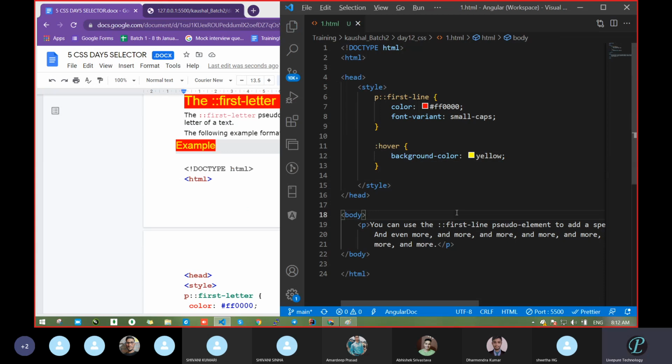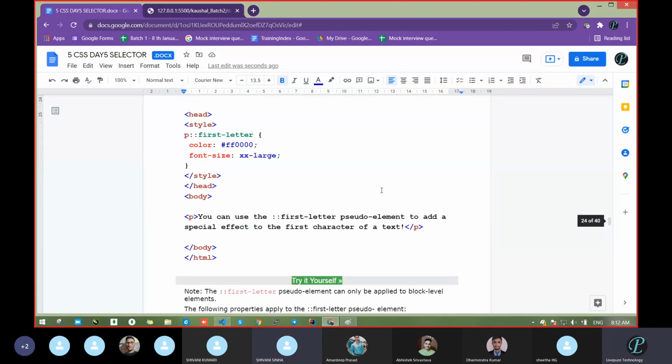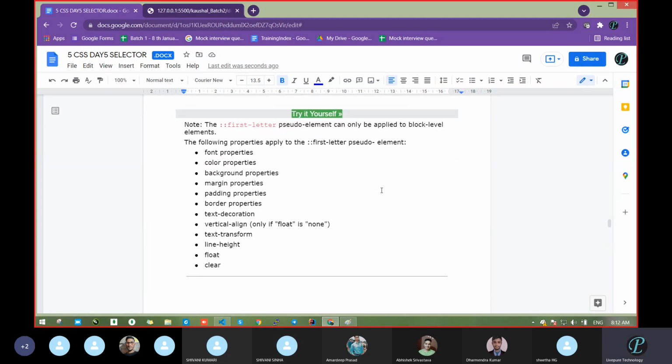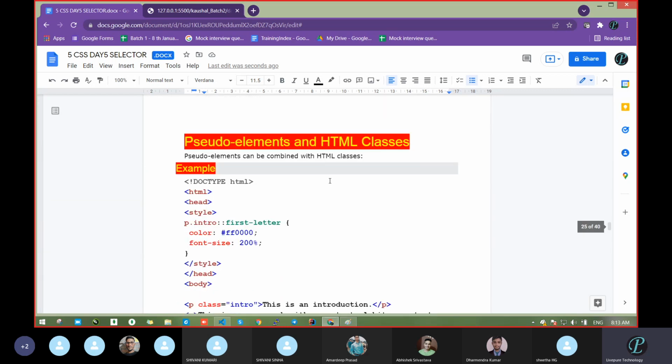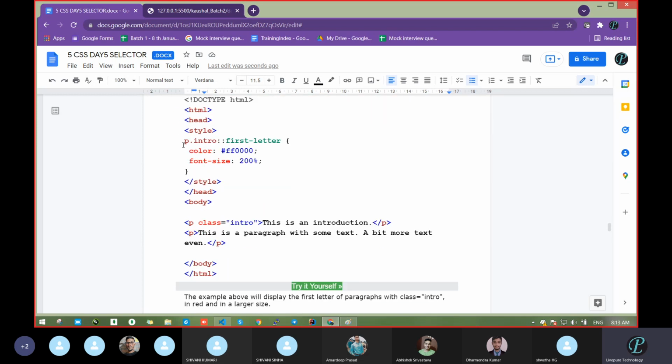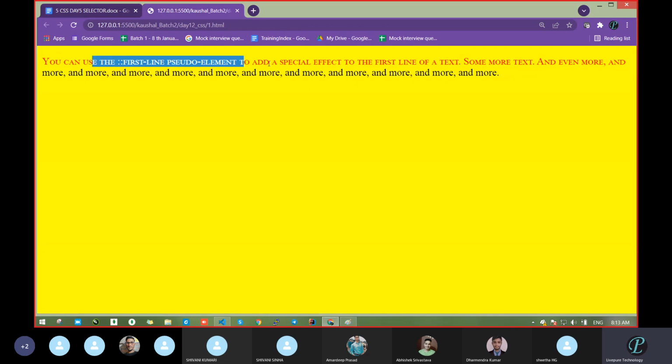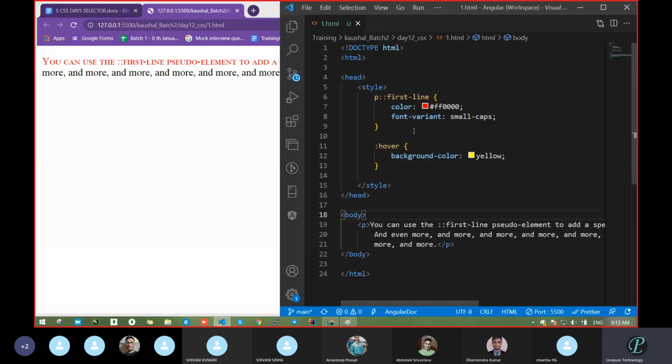Any issue? Okay. So next, we can change the same way. Again, we can use different properties like font, then color, background, margin, padding. All these things we can use. See, the following properties apply with the first-letter pseudo element, and not only this pseudo element or pseudo class, with all we can use these properties. As required, we can pass. Then again, what is this one? First letter. What will it do? It's not going to mark the complete sentence. It will take the first letter only.